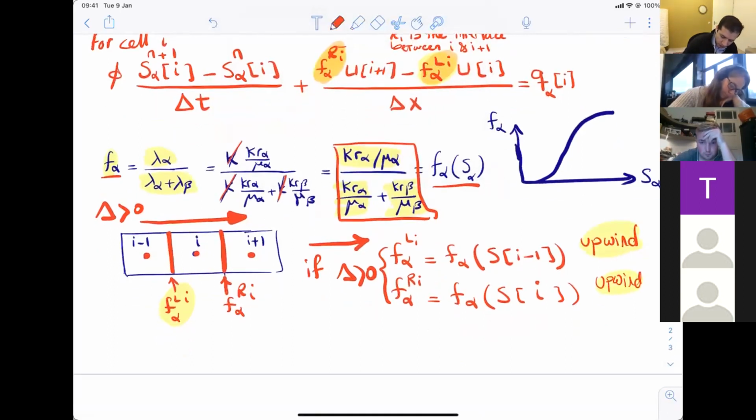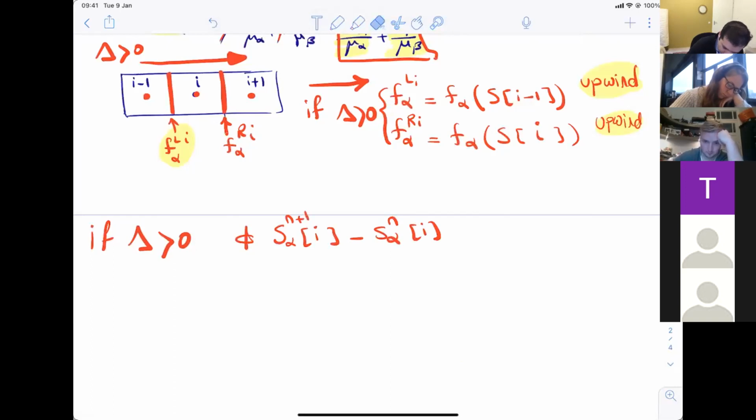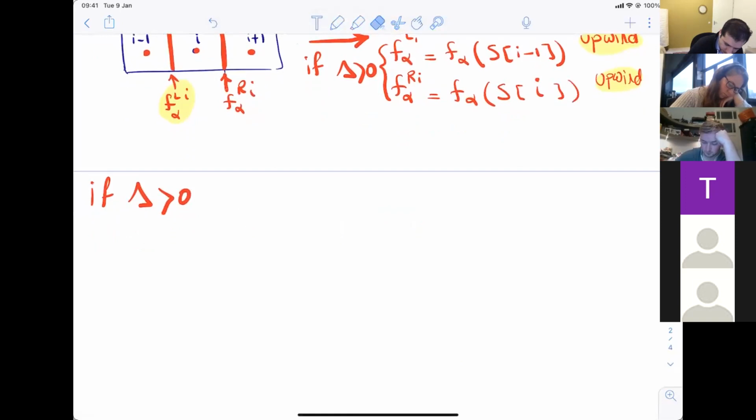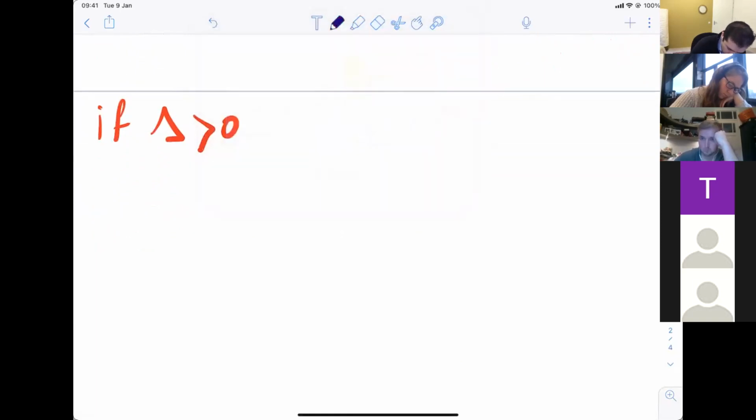So I'm going to rewrite the equation above one more time. Finally, I say if my characteristic speed was positive, my saturation transport equation becomes phi S alpha I at n plus 1 minus S alpha at n I. Why am I writing it so big? I wouldn't get enough space for it. Let me go, and also I can write it with blue. It becomes phi S alpha I n plus 1, which is time step n plus 1, and then time step n